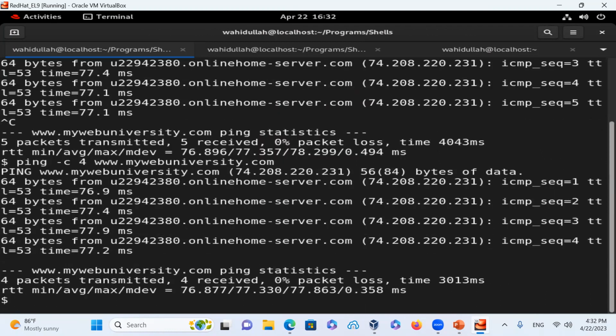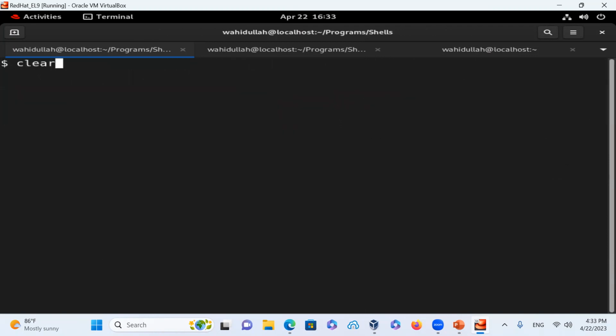And the number of 4 packets will be just better to tell you whether it is successful or not. So that was for the ping command. And then the next command we're going to do here is